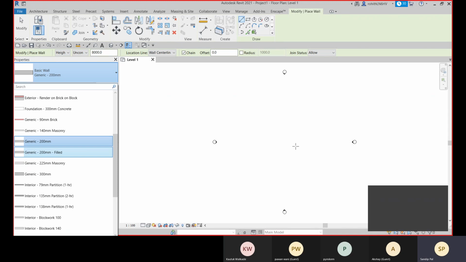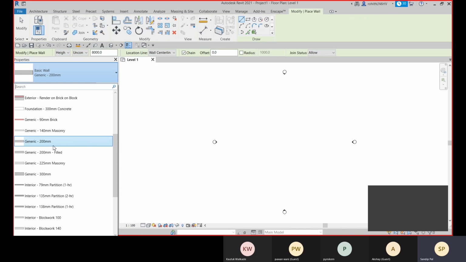So when you have only one single layer, that is the structure layer or the core layer, that is called the generic wall. And when you have two or more layers, placed horizontally, in your wall, that is called compound wall.